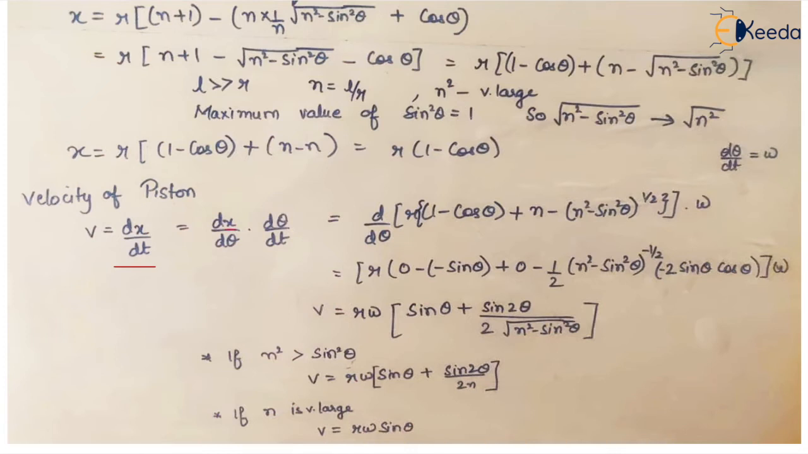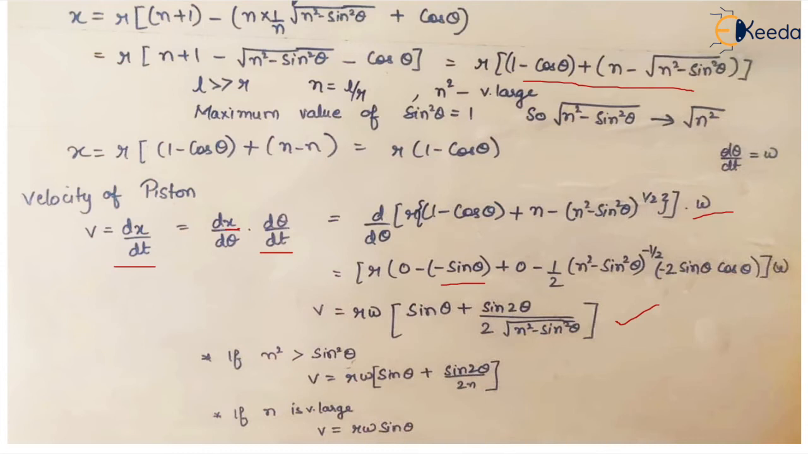And we place the value of x that we have calculated. This is the value of x that we have calculated, right? So we put the whole value in this equation, and what is d theta upon dt? It is omega, angular velocity. So when we differentiate this, cos theta becomes minus sine theta, and (n square minus sine square theta) to the power 1 by 2 becomes minus 1 by 2, and sine square theta becomes 2 sine theta cos theta, right? So when we solve this whole equation, this is the value that we get, which is the value of velocity